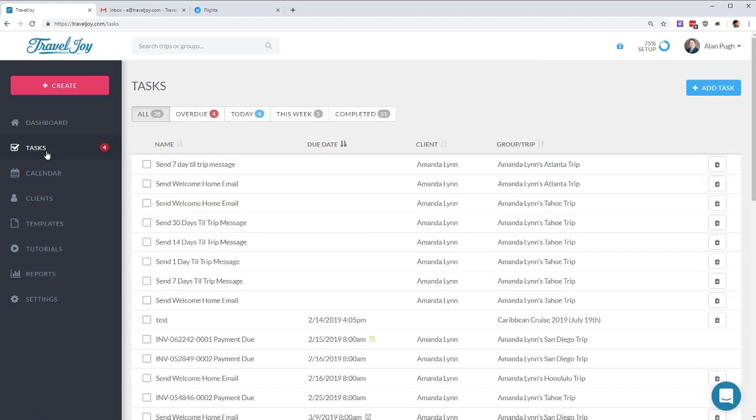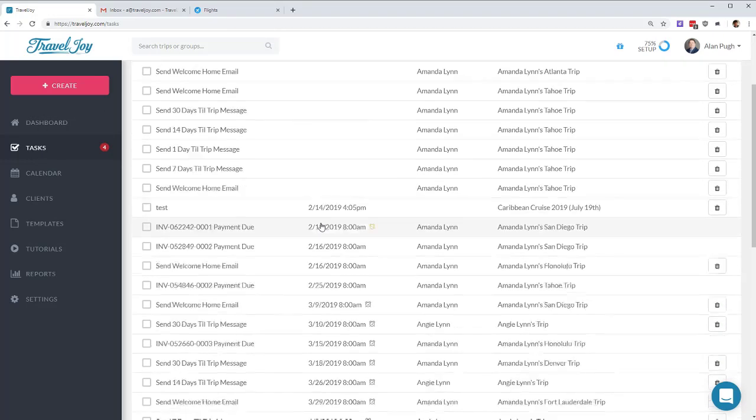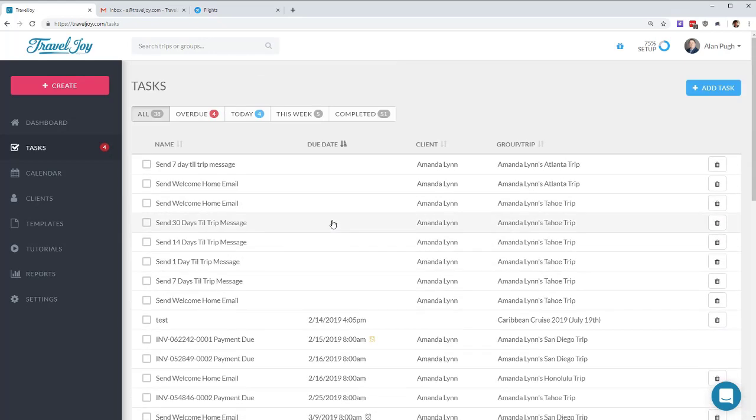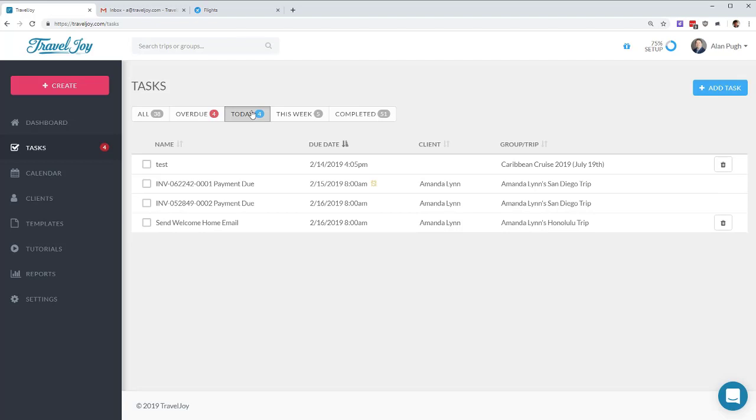If you have tasks coming up, they will be listed here. So when I go to the tasks page, I can see all, which is everything that I haven't marked completed yet. Could be a little overwhelming. So what you can also do is click on overdue or things that are due today. If you have overdue tasks, they will also show up on the Today tab by default. So we'll see that when I look at what's due today, I have a few things that were due over